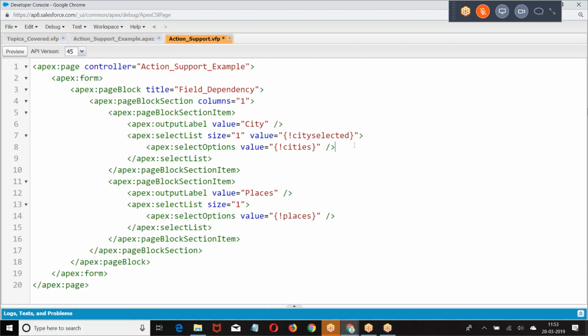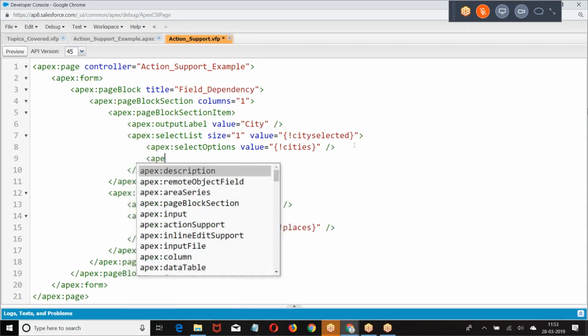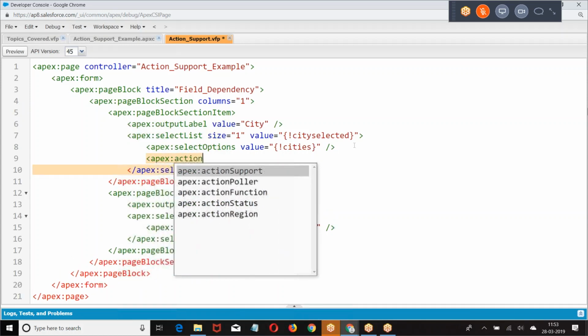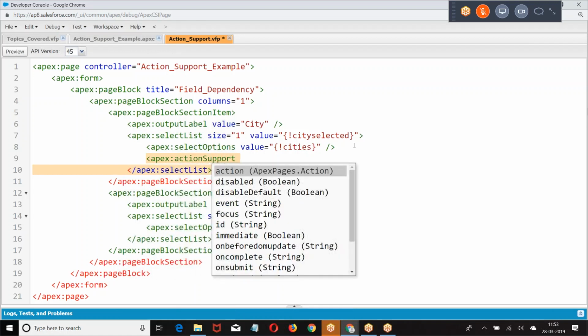When the event occurs on this element, you want some action to be performed. So what I'm doing, Apex action. Where I am writing within the element, in which element the event is occurring, in that element we are writing. Open input text, action support, close input text. Select list, open select list, action support, close select list.